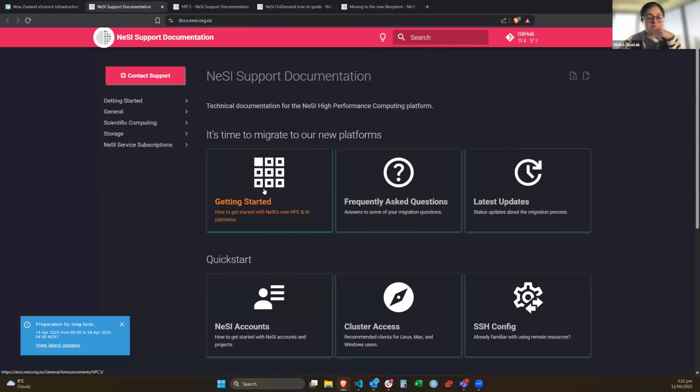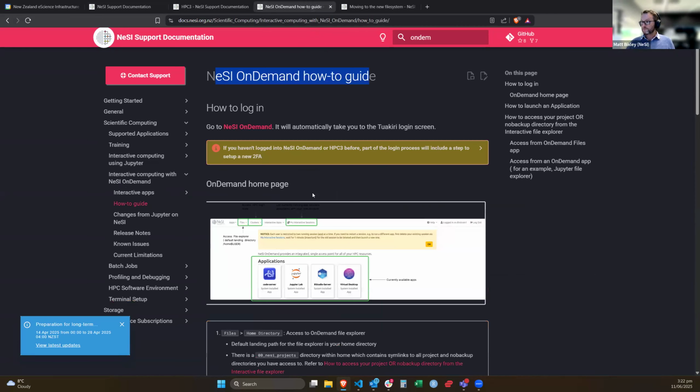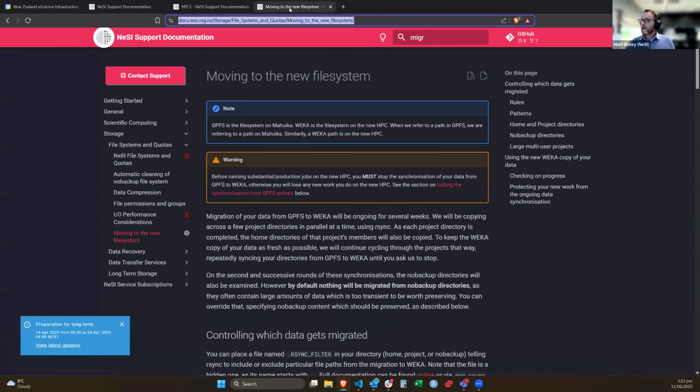We have our getting started guide with HPC3, and that jumps into this page here. So before you start, differences, some known issues, and we have a section on our data migration. So the processes that are taking place, some of them automatically and some of them requiring manual inputs, and not the on-demand. The migration pages, I thoroughly recommend that people read again, the moving to the new file system and